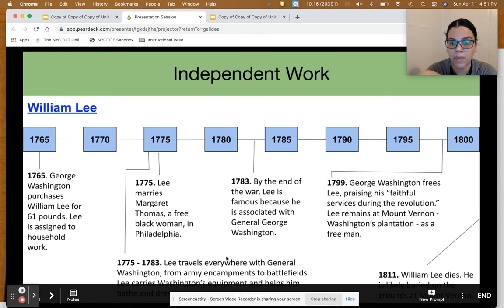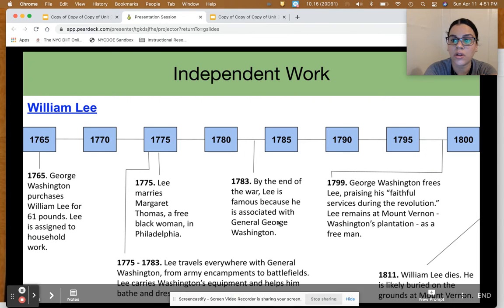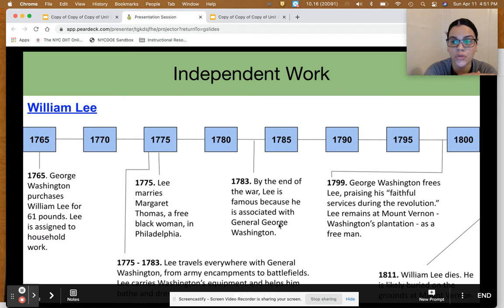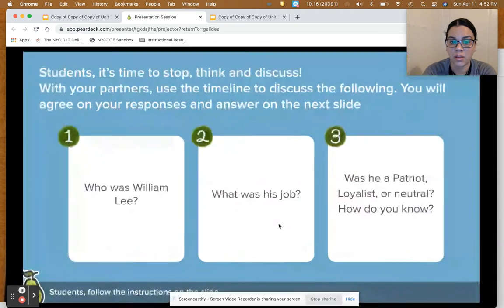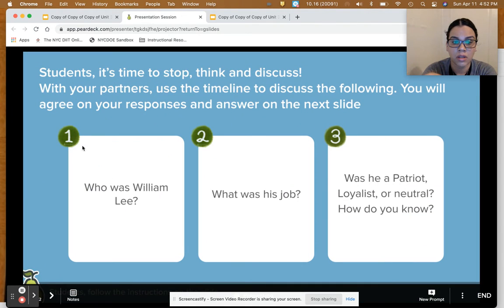So there's a lot of information on the timeline. Students should be instructed to focus on what the information is, and what the words or phrases are that help me understand who William Lee is, what William Lee's job was, and based on that information, would he be a patriot, a loyalist, or remain neutral, and why? Right? So here are the guiding questions that students should stop, think, and discuss and come to a consensus,